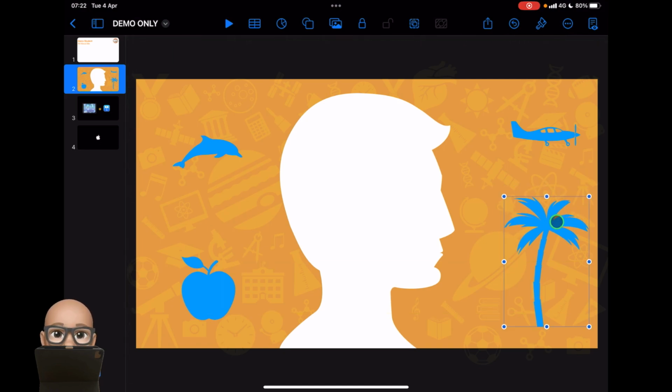It's all about them. So what are your hobbies? What are your interests? What might you like to do? What's your favorite color? Whatever it might be. And then they place them outside there. Now, once we have the shapes there, we do want to recolor them, just to give the kids a bit